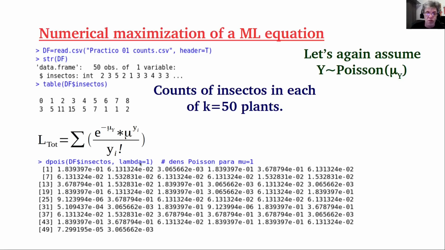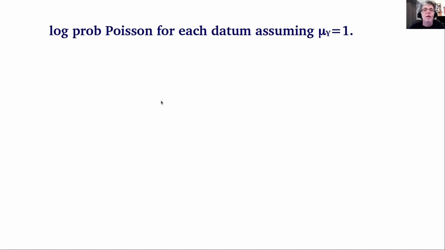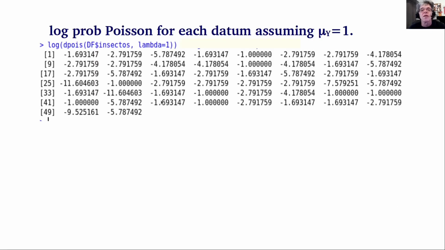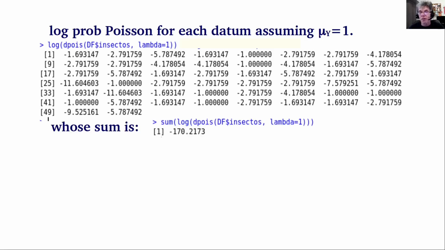Of course, we don't know if this is true, but if this were true, these were the Poisson values. So we can also calculate the log of the Poisson probabilities for each of the 50 counts, assuming that the Poisson parameter lambda equals 1,